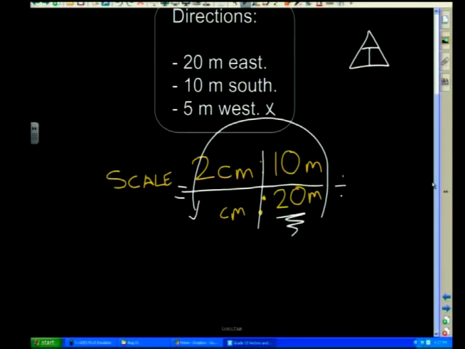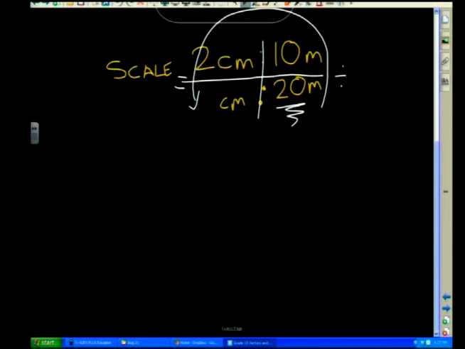So I'm going to write out the calculation underneath on how to do the scales. So we're going to take 20. Because I'm going over a flat line, I'm going to say 20 divided by 10. And then I go from 10 across to 2. So I'm working my way around to the one that I don't know, and I'm going to multiply by 2. So if we go 20 divided by 10 multiplied by 2, if you do this all together, I get 4 centimeters. Now, just one last check.